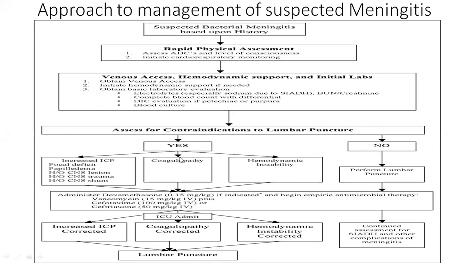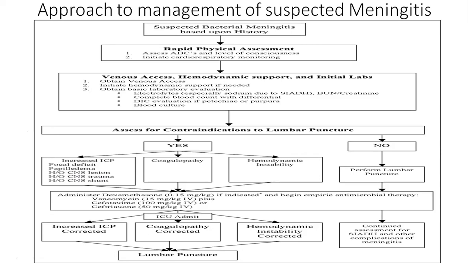So whether or not they're going to do a lumbar puncture will be dependent on a number of factors which you need to assess together with the attending physician, of course. Normally we don't want to do a lumbar puncture in a patient with a raised intracranial pressure. So we assess if a patient has a central nervous system lesion, such as a brain tumor. This is a patient who might have increased intracranial pressure. History of CNS trauma, okay, there might be a lot of cerebral edema there, and there could be increased intracranial pressure. So head injury patients, these are not candidates for